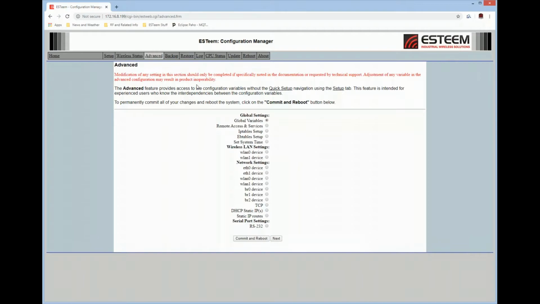For the most part, though, you generally will not need to get into the advanced settings unless support tells you to do so, or you find something about it in the user's manual that you may want to see. So as you can see here, there is a breakdown because there are so many different variables to it. We have everything from the global variables, remote access and services, IP and EB tables, setting the system time, everything